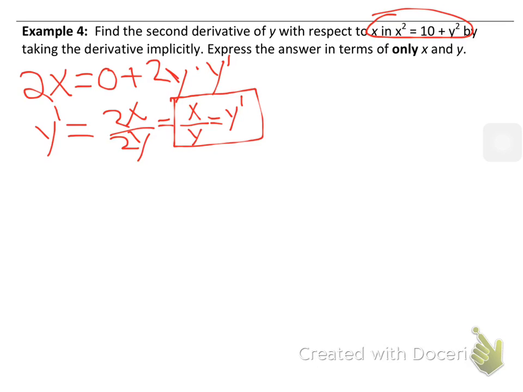Okay, so now to find the second derivative of y prime is y double prime. And now we notice that in our problem up here we have x on the top and y on the bottom, so we're going to use the quotient rule to solve this. And of course maybe we should define it. We have f is equal to x and our g is equal to y, so f prime is just equal to 1,